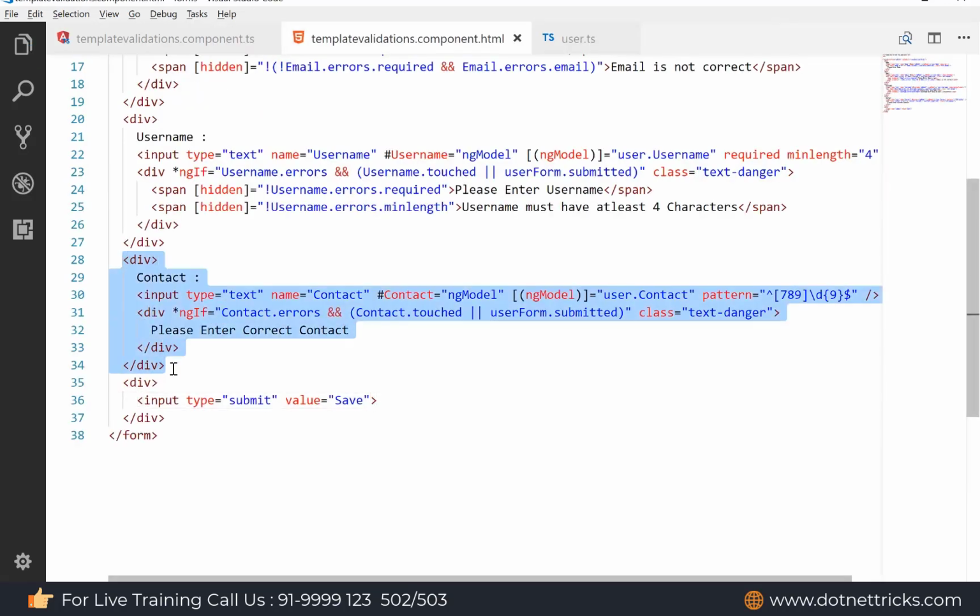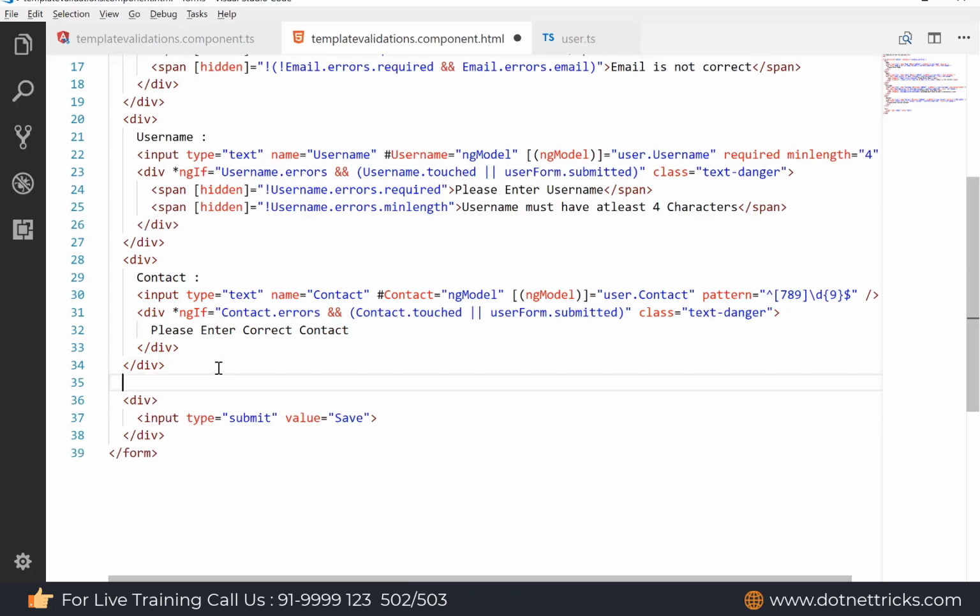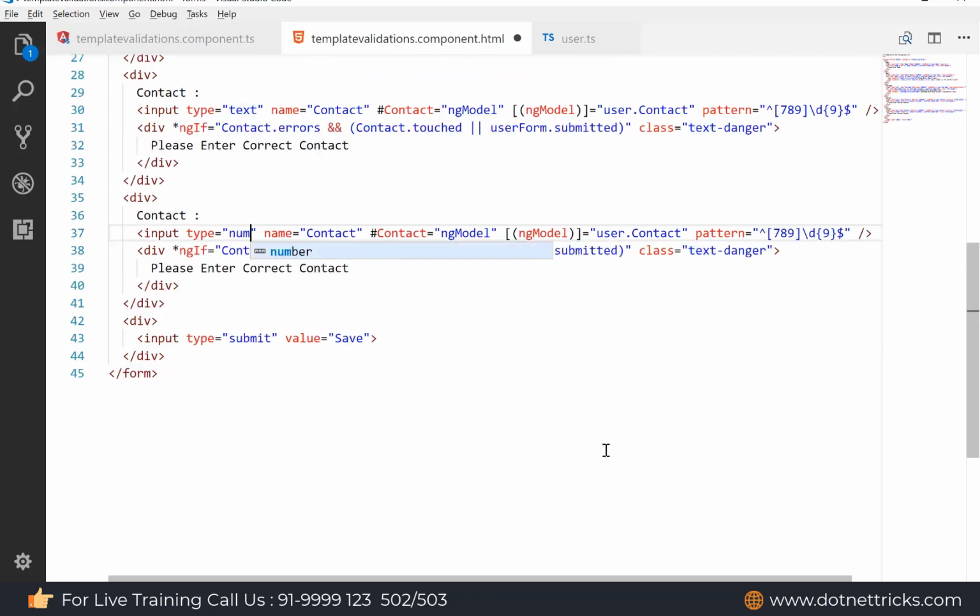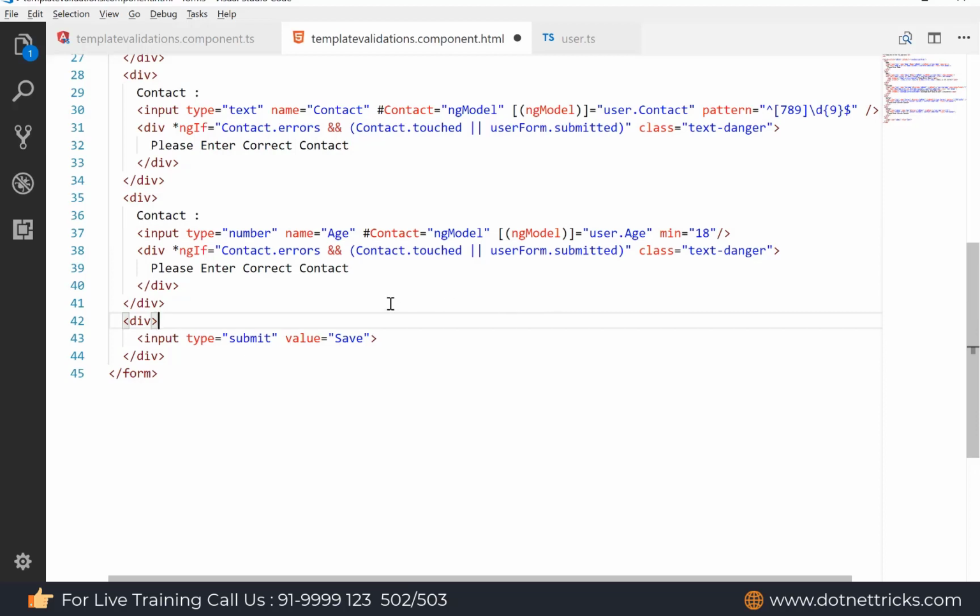So I'm using input type number, using age, and here user.age. Just remove the pattern, this is not required here, and it will be min value. Let's say the min value should be 18. So a user cannot register on a website if the user's age is not greater than or equal to 18 years.